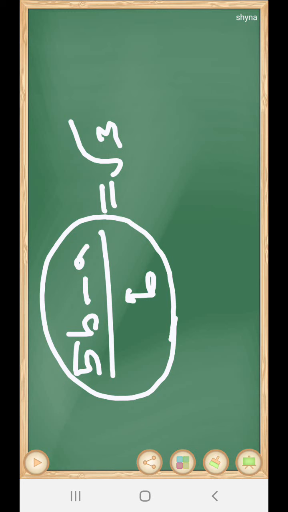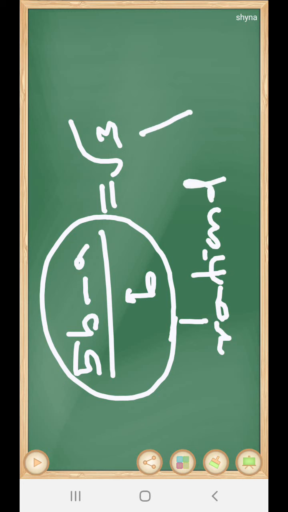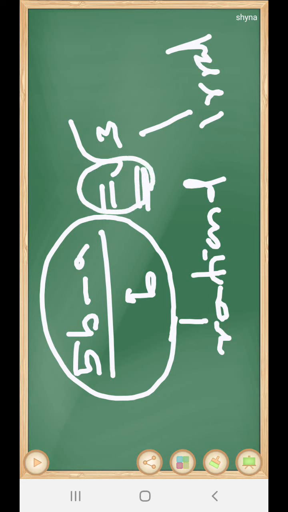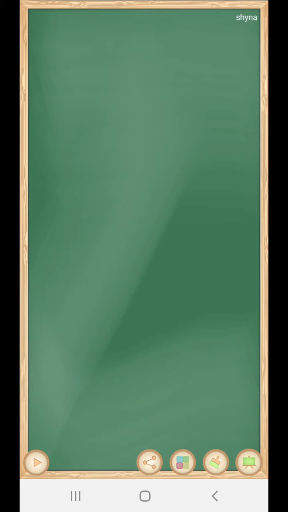What is this? (5b minus a) by b is a rational number, a numerator by another, that is a rational number. But root 3 is irrational. That is why they are not equal. 5b minus a by b equals root 3, but 5b minus a by b is rational and root 3 is irrational. This is wrong. Here also it happened because of our wrong assumption, that 5 minus root 3 is rational.